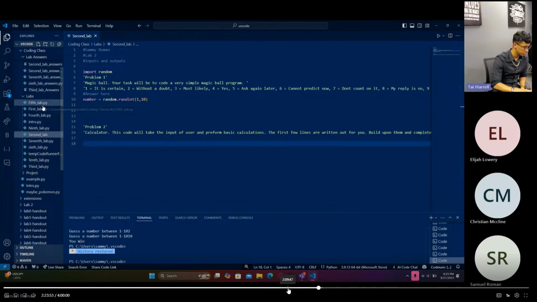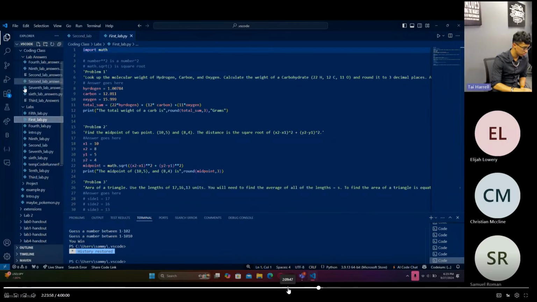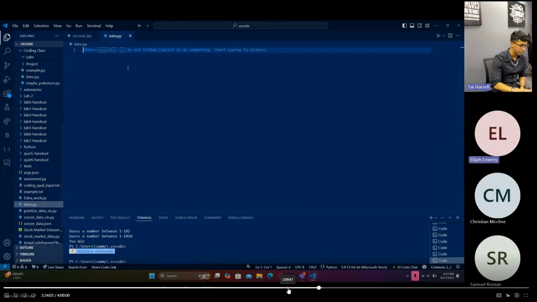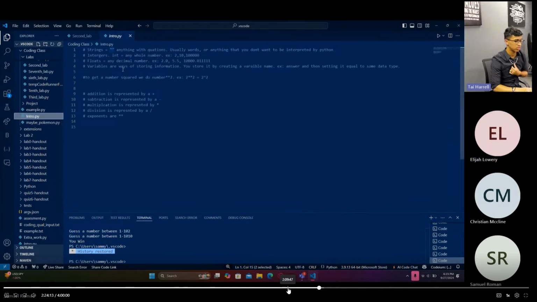Okay, so do the first lab. In Python, we're going to kind of denote things as follows. I don't know why I still don't have the intro.py. So strings are always going to be denoted using quotations. So you do shift and then use the quotations to get to it. An example of it is if you just start typing a word,